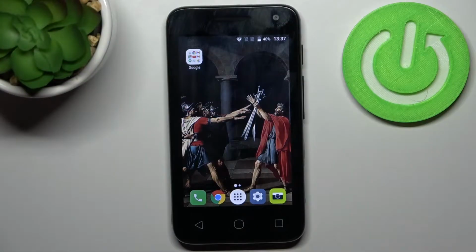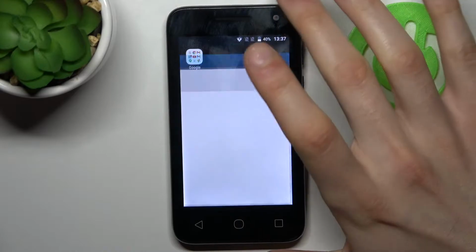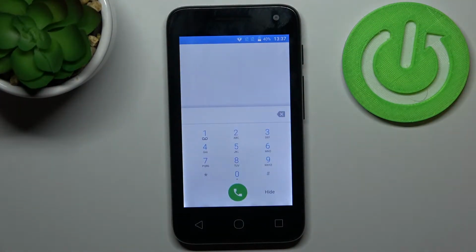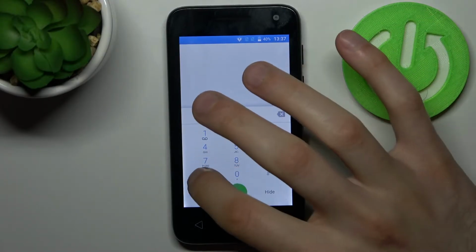Here I have ALCATEL U3, and today I'm going to show you how to enter secret codes on this device and also some of these secret codes. To enter them, you have to open the phone application, open the keypad on it, and enter the secret codes here. And the first code for today will be *##